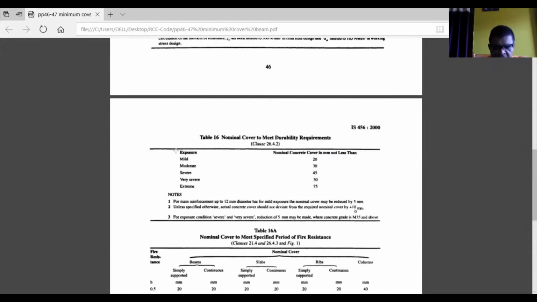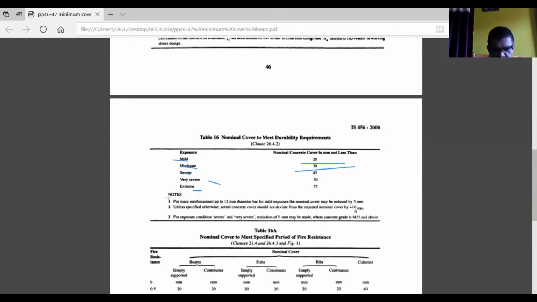Already we have discussed mild exposure, moderate exposure, severe exposure, very severe exposure, and extreme conditions. These have already been explained in the first chapter of the code. Now the minimum cover is 20 millimeter for mild exposure, 30 millimeter for moderate, and like that the values are given. In no case shall this value be less than this value. These are for beams and slabs.